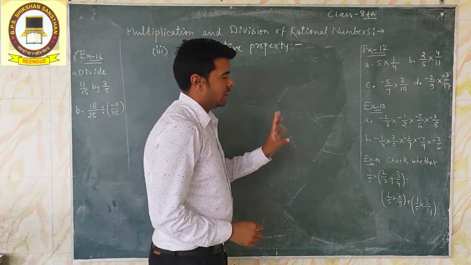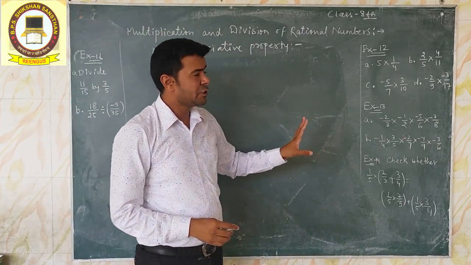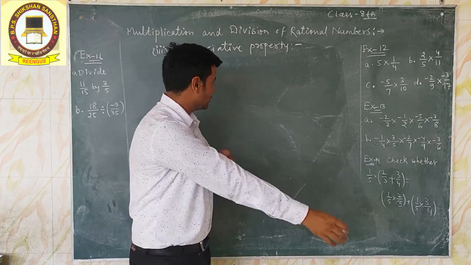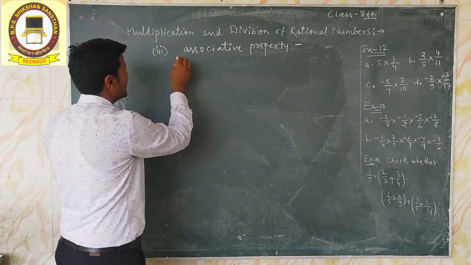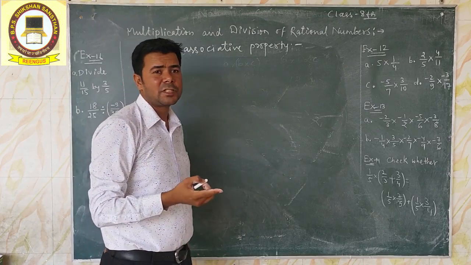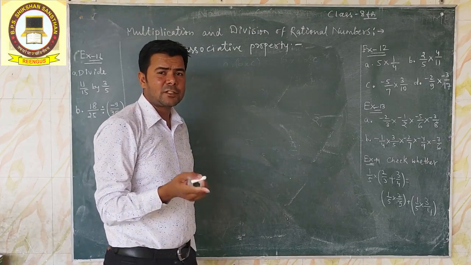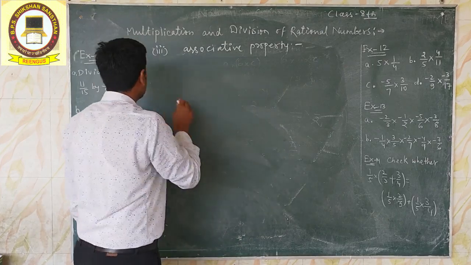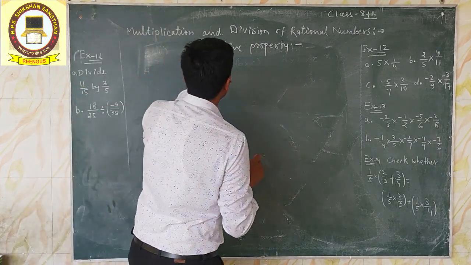Now the properties of multiplication. We have studied associative property, closure property, and then commutative property. Now the next properties are only for multiplication. So our fourth property is